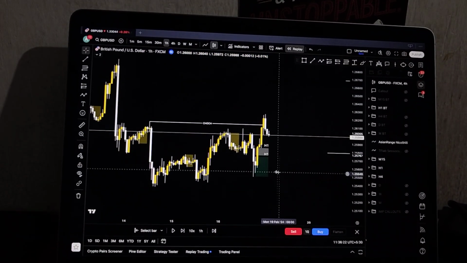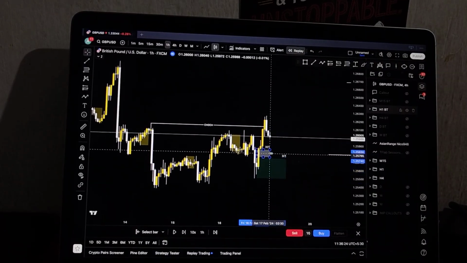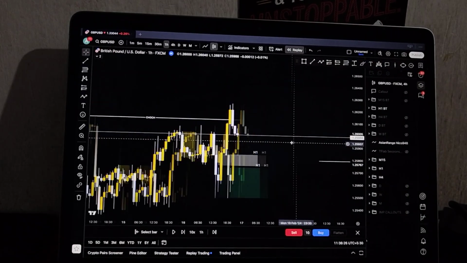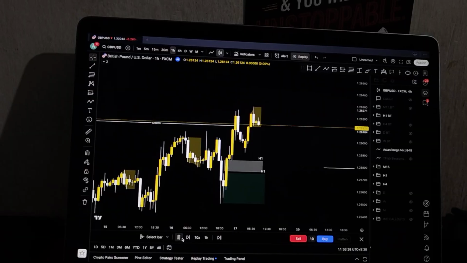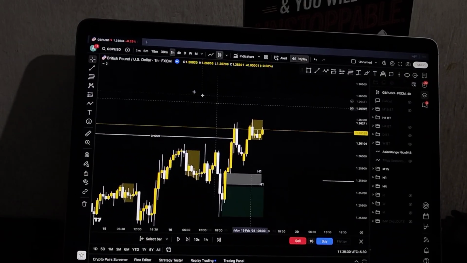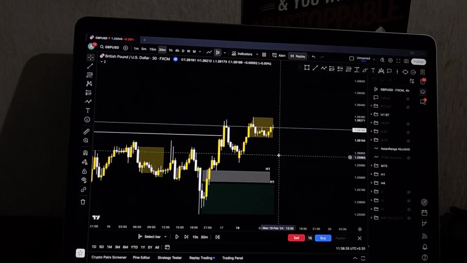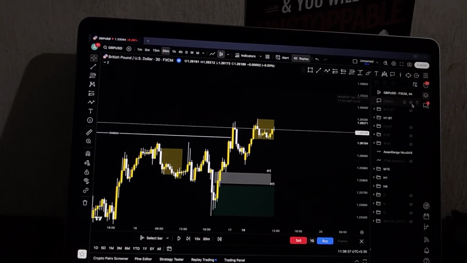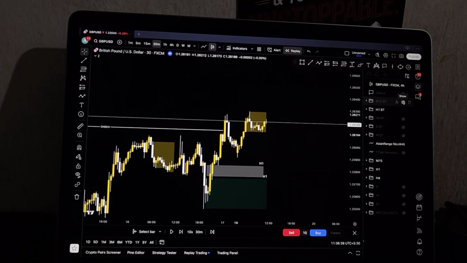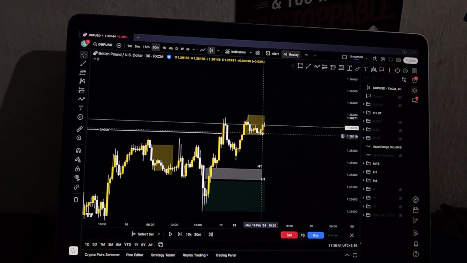So on Monday I was looking for buys from this sort of demand and also this sort of fair value gap. Okay, so I waited for the Asian range to close because until the Asian range closes, we can't do anything. So after the Asian range closes, I start to go to lower time frames to see for any zones that are closer, because the Asian range closed here, right?